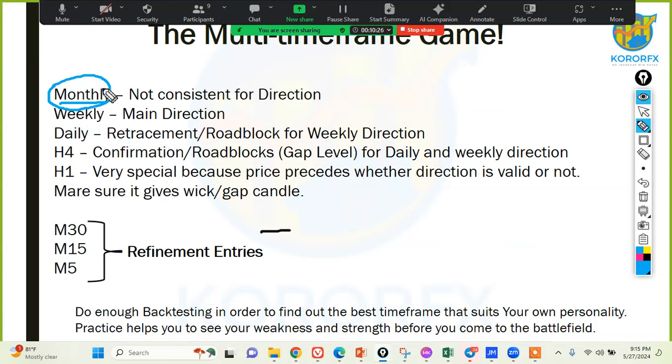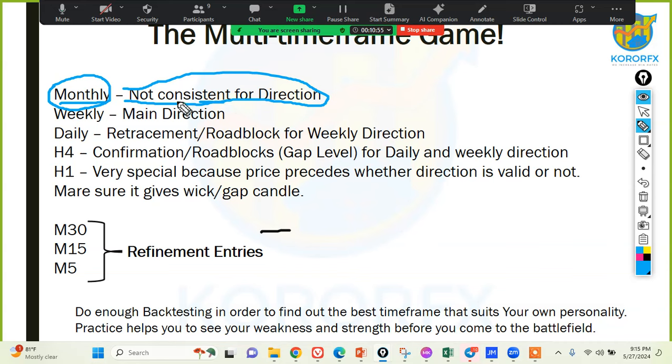Because monthly is not really consistent for direction or storyline. If we rely on and make decisions on the monthly storyline, we are not sure whether that storyline will pay us or not, because sometimes monthly is really so bad. So it's not something that will pay you consistently,